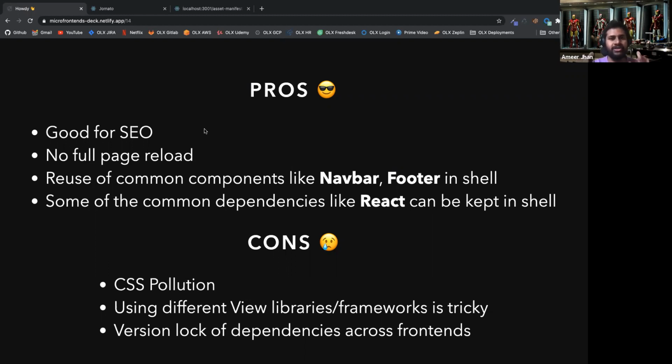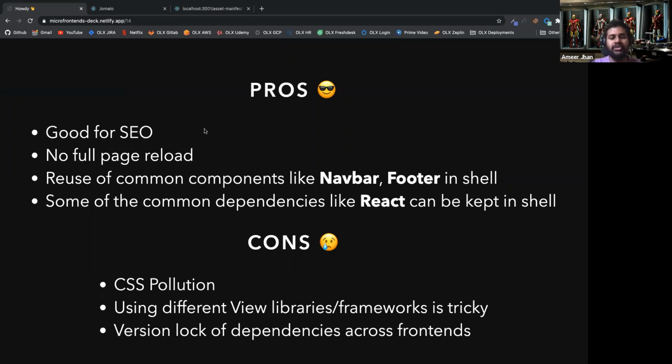They can only use CSS in JS, like CSS modules or styled components, totally restricting anyone from using any CSS files. That would put an end to that, but it's a little complicated to set up, and not everyone is well educated with CSS in JS. But that's a trade-off you need to take. If I'm going to go with the dynamic asset strategy, I'm not going to allow anyone to use normal CSS. They should use CSS in JS.